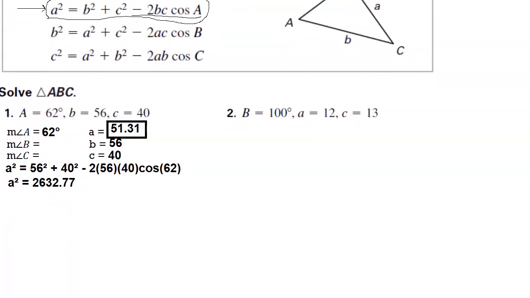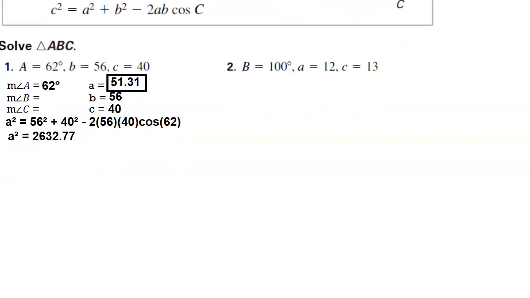Now, at this point, we can switch our brains over and we can set up the law of sines. We can use the information that we got from the previous part of the problem. And that's the one where we're going to do sine 62 over 51.31. You know how the law of sines goes. If you don't know how the law of sines goes, go back and watch the Trig 3 video. Equals the sine of, you know what, I'm actually going to do C